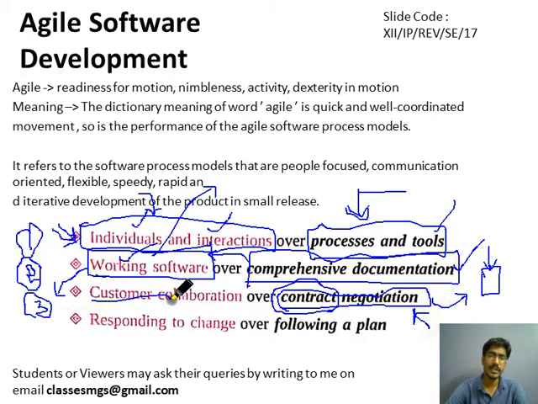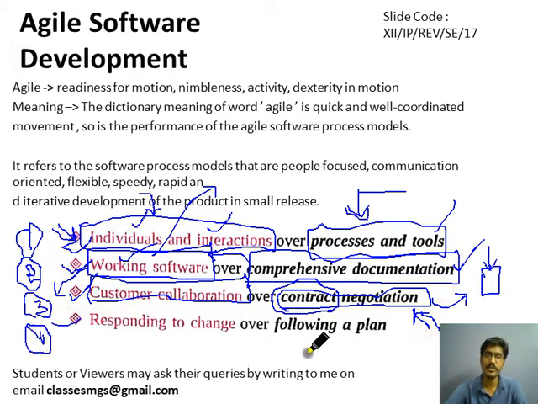But in case of agile development model, we directly talk with the customer about what he wants, what changes, and how he wants to develop the software. We don't need to go into a contract like we do in the case of traditional software development like waterfall model. And fourth manifesto is responding to the change.